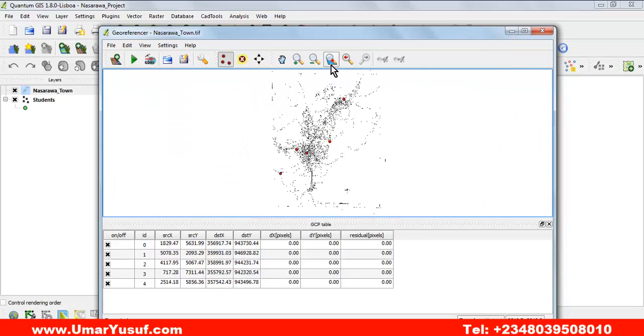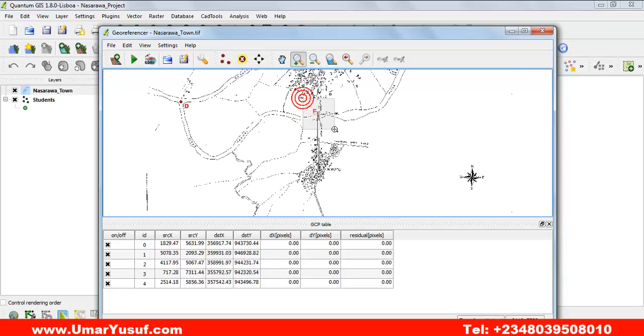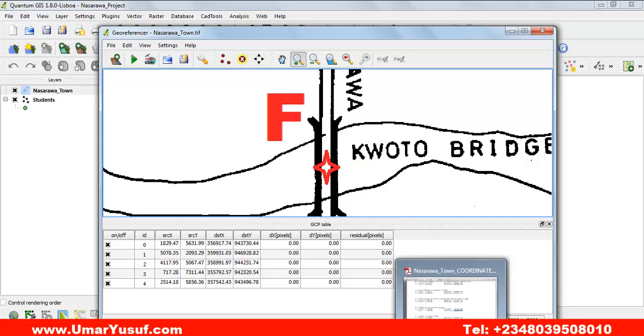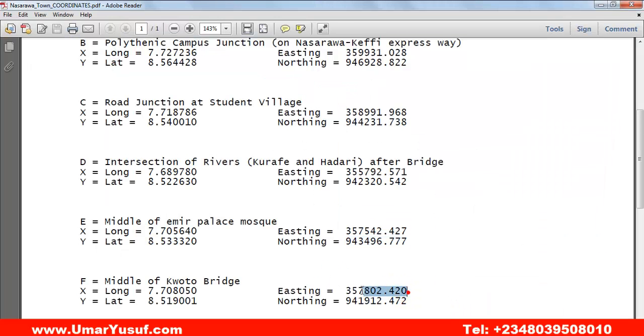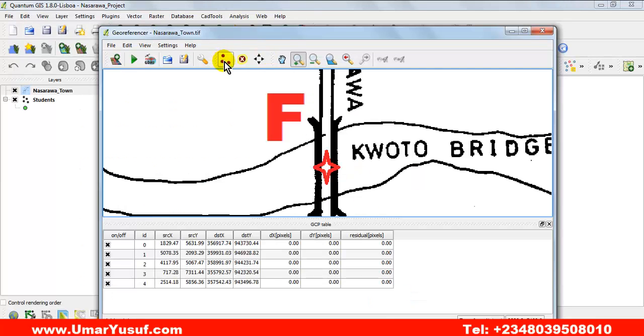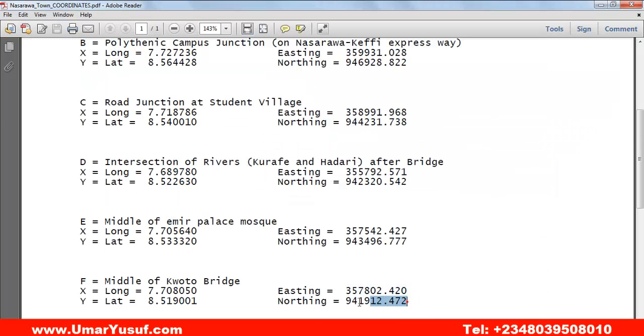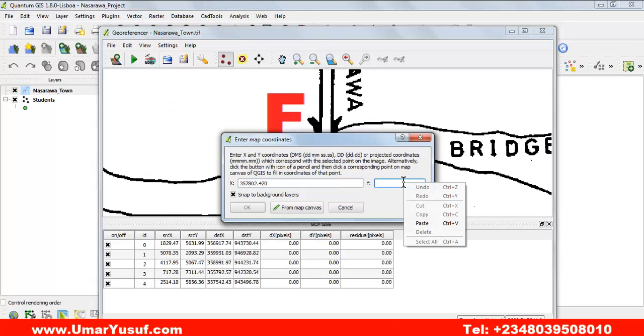Then let's do for the last control point, which is control point F. And F is somewhere around here. So go and get the coordinates. Copy the easting of control point F. Then add point. Then paste. Then go back and copy the northing. Then paste. Then click on OK.